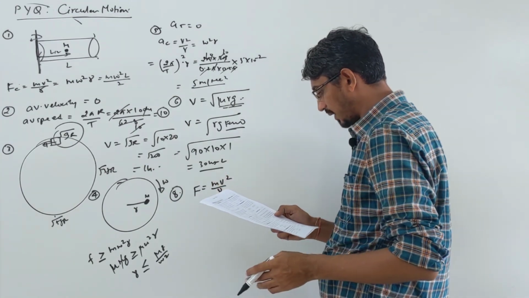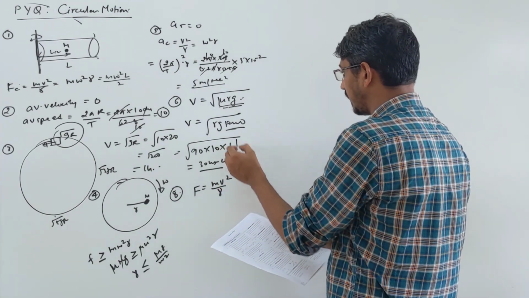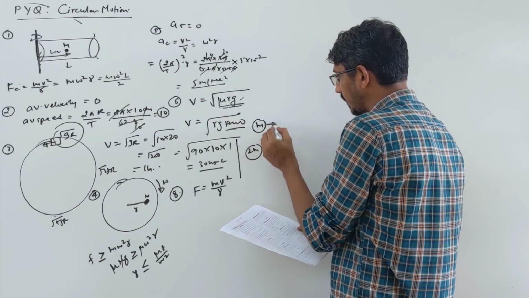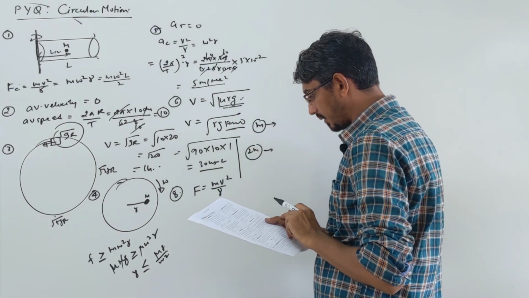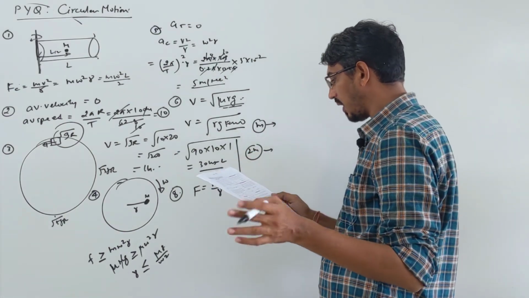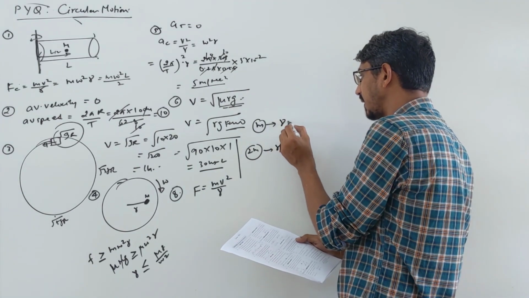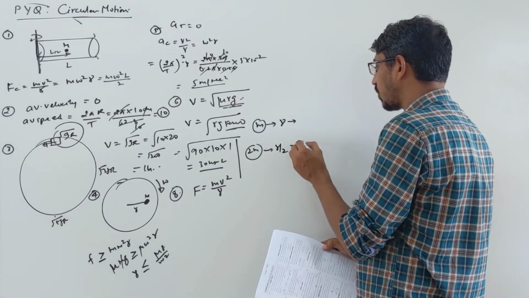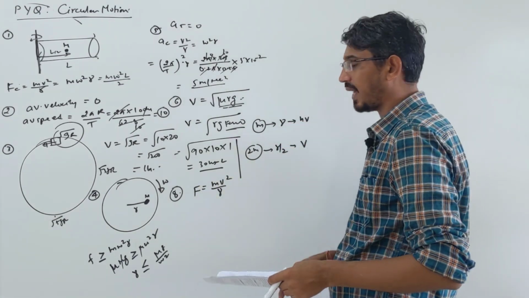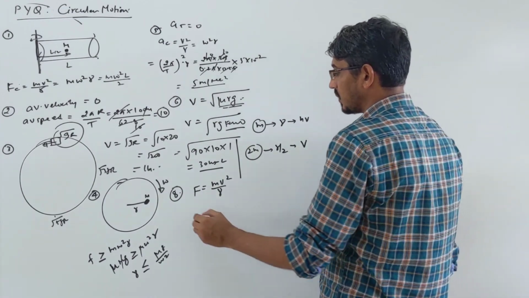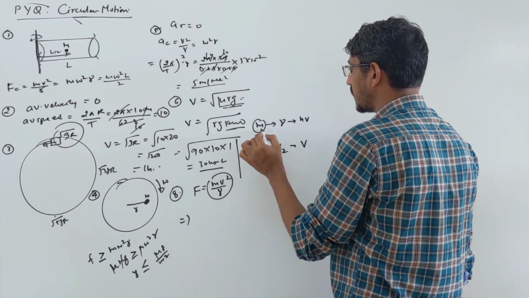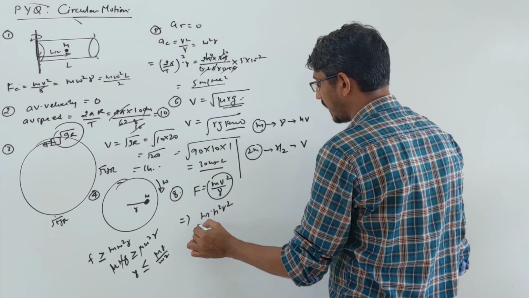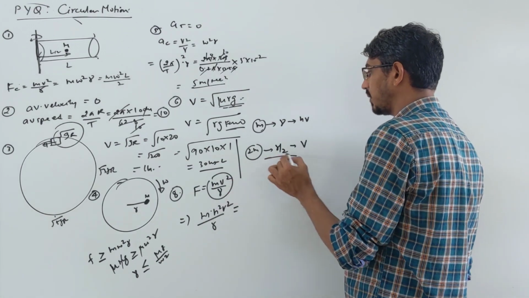mv square by r. What we have to calculate actually? We have to calculate n, and all values are given. One particle has mass m, the other particle has mass 2m. The heavier one is at a radius of r by 2, and the lighter at radius r. The tangential speed of the lighter is n times that of the heavier. If the heavier is v, then the lighter is nv. So they are asking what is n. Centripetal force is given equal, so let's equate. Write the centripetal force formula for this particle: m, velocity is n times v, so it becomes n square v square, and radius is r. It should be equal to the force acting on this particle.